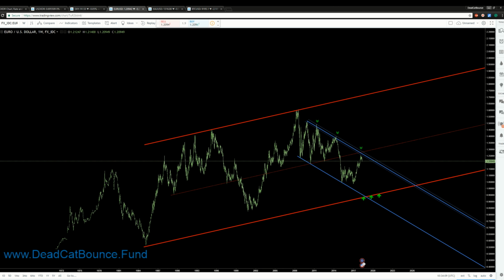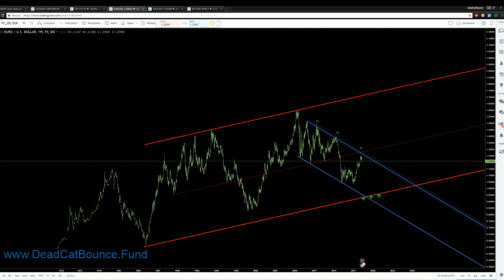Well, the dollar index is a basket of currencies measured against the US dollar, meaning that several big currencies of major nations are measured against the US dollar, which is the world reserve currency. What I have in this basket is the euro. It takes 50% of the basket. It is a disproportionately high part of the basket. Then you have the Japanese yen, about 13-14%. You have the Canadian dollar, the British pound, the Swiss franc, the Swedish krona.